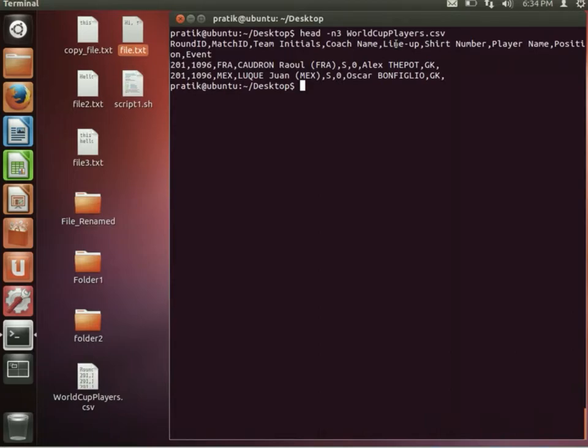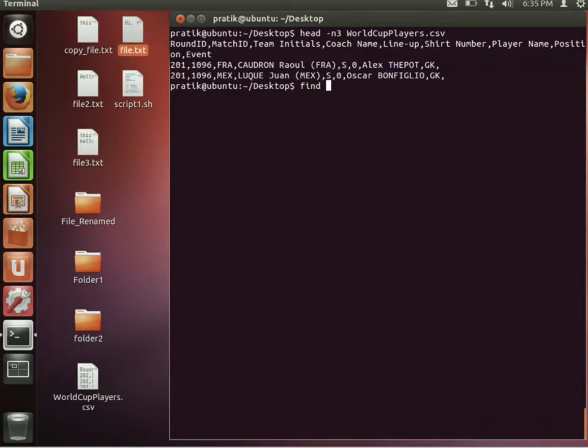You can also use the find command. If you have created a file, let's say a few days before, and if you want to locate that file, in that case you can use the find command. So let's say you have created this folder one in the desktop folder, and if you want to search it, you can just search using this find command, find,